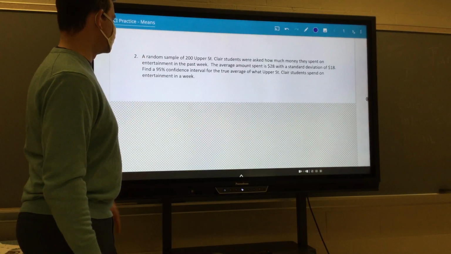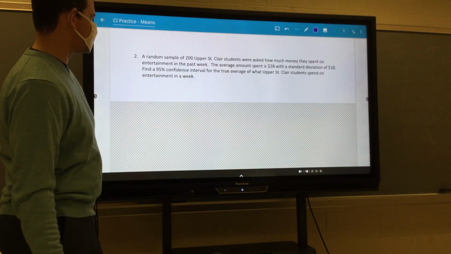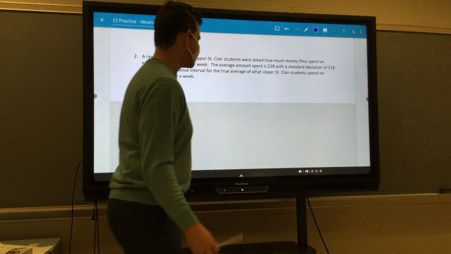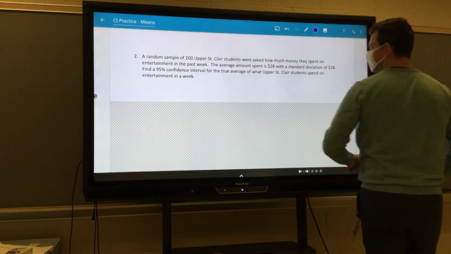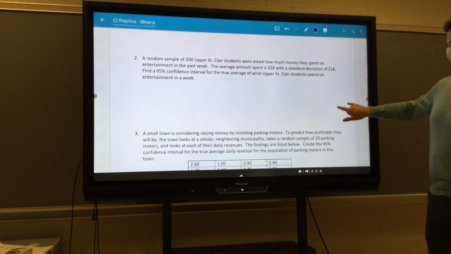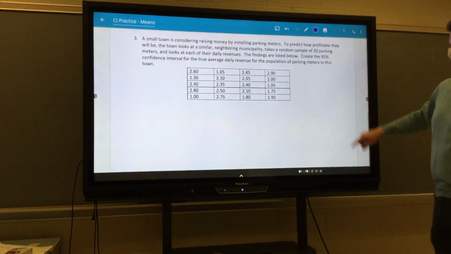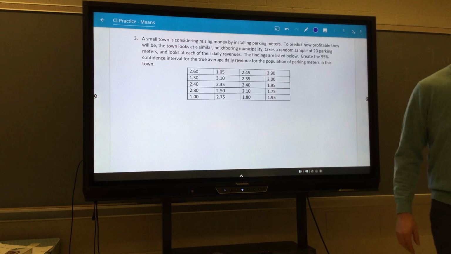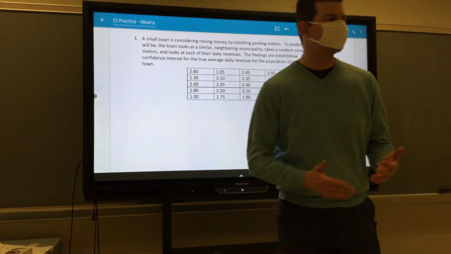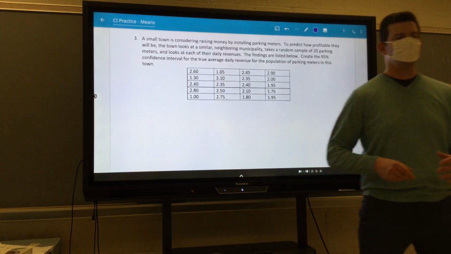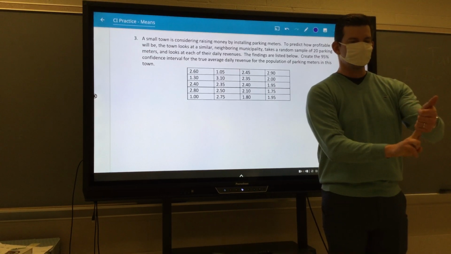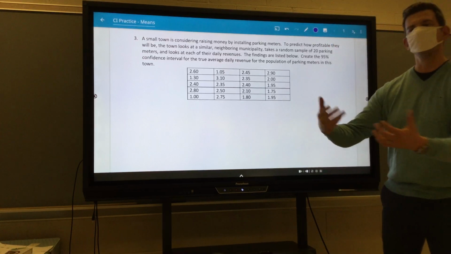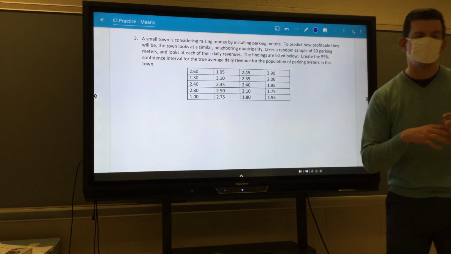Okay? Number 2, random sample of 200 Upper St. Clair students asked how much money they spent on entertainment in the past week. X bar is $28, standard deviation of $18, 95% confidence interval of what they truly spent. The third and final question is a little bit different because what we're usually doing is collecting our own data. And you're not provided with, here's the mean, here's the standard deviation, here's the sample size. No, you have raw data that you need to calculate those things and make your own